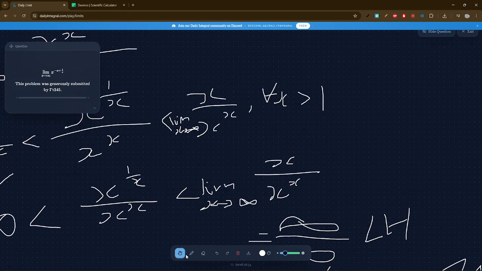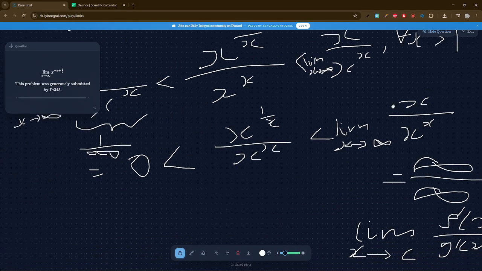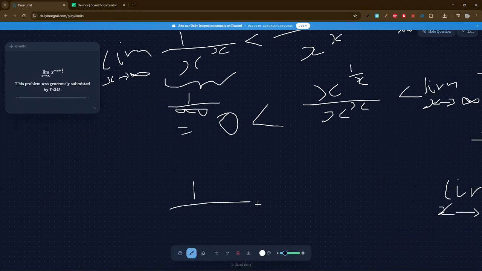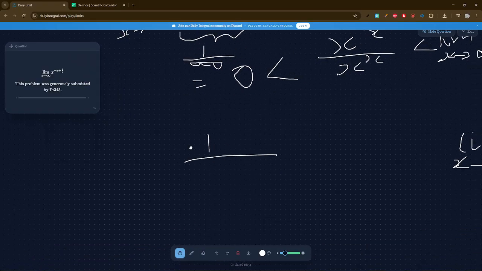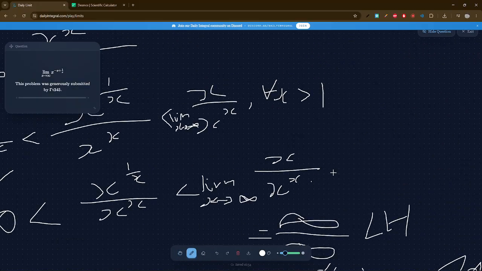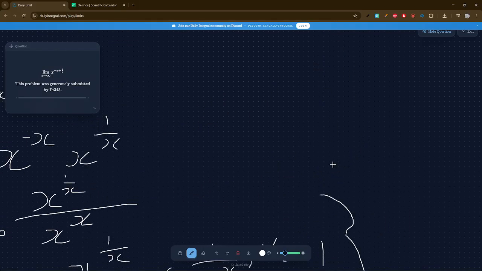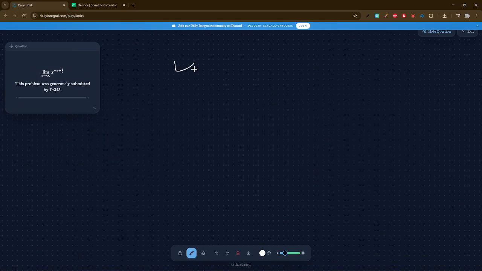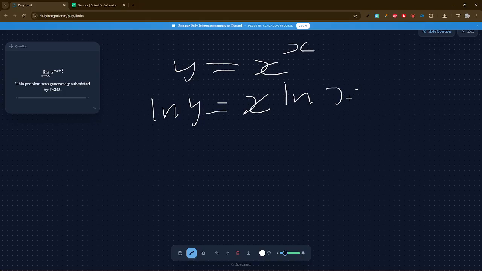So that's what we could do: the derivative of the top and the bottom. The derivative of x with respect to x is 1. For the derivative of x to the x, you could use implicit differentiation, which I want to do actually, because I have the time to. So make y equal to x to the x, take ln on both sides, ln of y is equal to x ln of x, because of the log property, you can drop down the exponent. Do implicit differentiation,